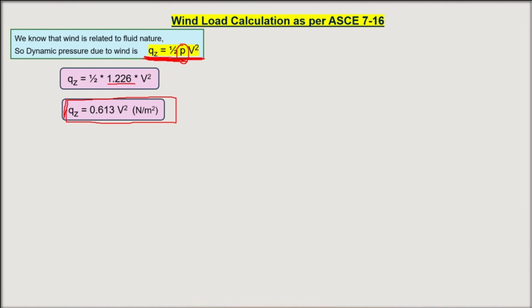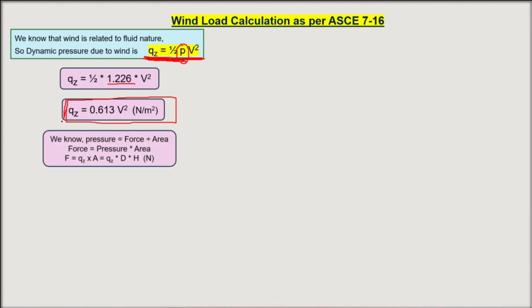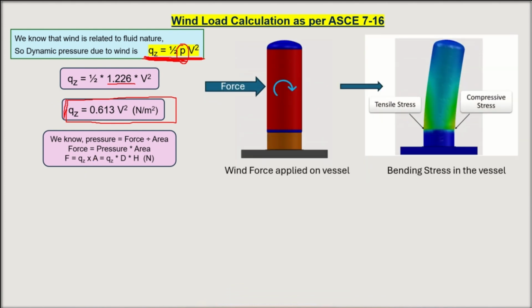After finding the wind pressure, we need to calculate force, right? We know pressure is equal to force divided by area, so force is equal to pressure into area. Here F is equal to qz into area. So what is the area here, guys? If you see here, this is the wind force which is acting on this vessel, right? This is the length which the wind is acting from the ground level, and this is the diameter of